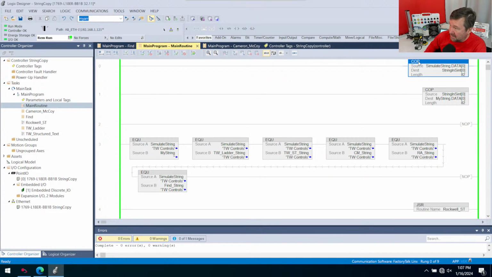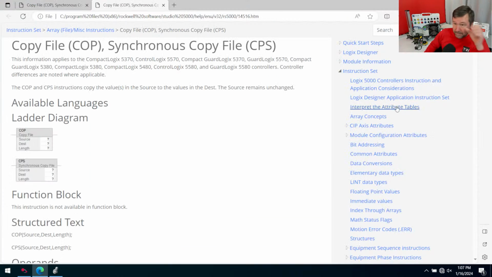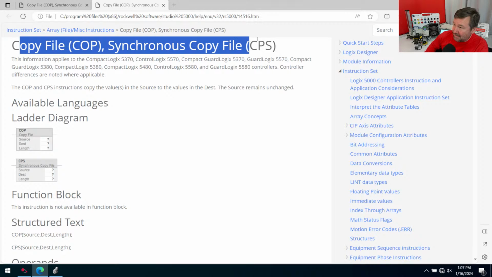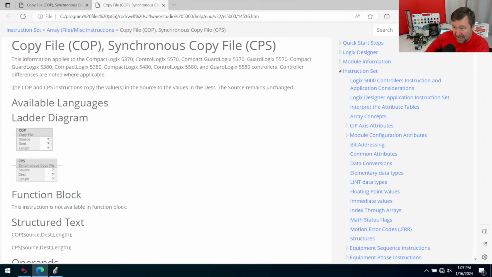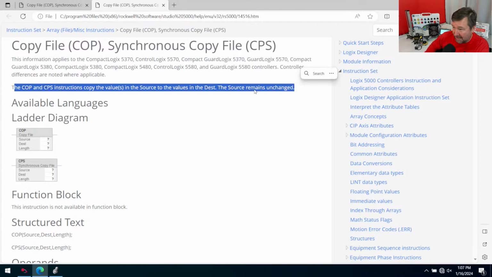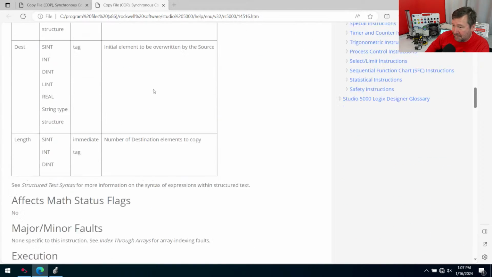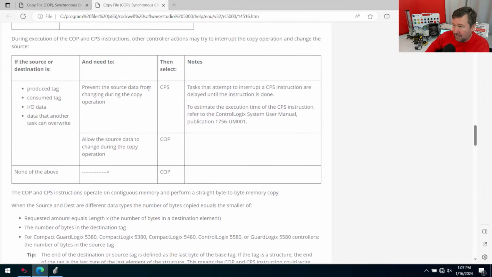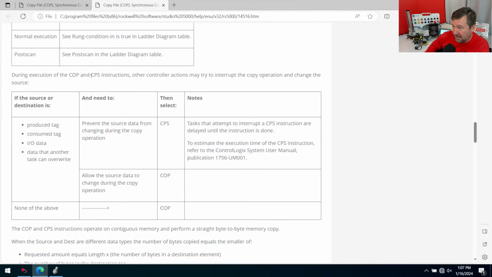Now, here's where the issue comes in. I'm going to right-click it and go to instruction help. And notice even for the instruction help, they group the CPS and the copy instruction together. And really, they generically almost say that they are the same. But if we go down just a little bit here, there's a really good diagram on this. During the execution of the COP and CPS instructions, other controller actions may try to interrupt the copy instruction and change the source. And it says here, if the source or destination is a produce tag, consume tag, or IO data,